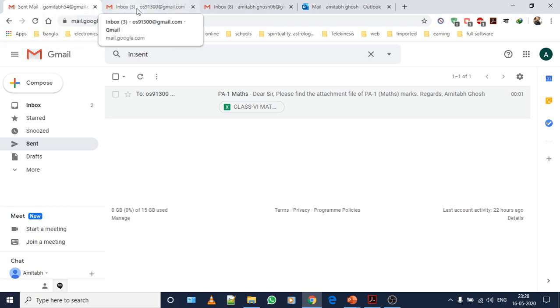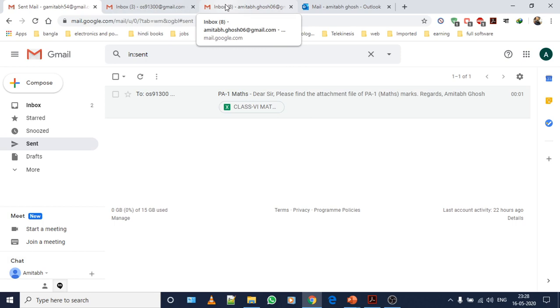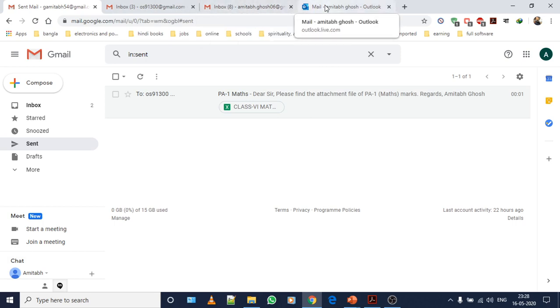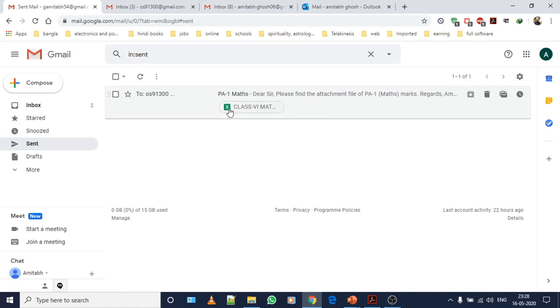And these are the three mails to whom I have sent my mail message. You see the mail ID it is showing over there. Okay, so in this sent section, we have also verified that the mail has been sent to these three mail IDs.